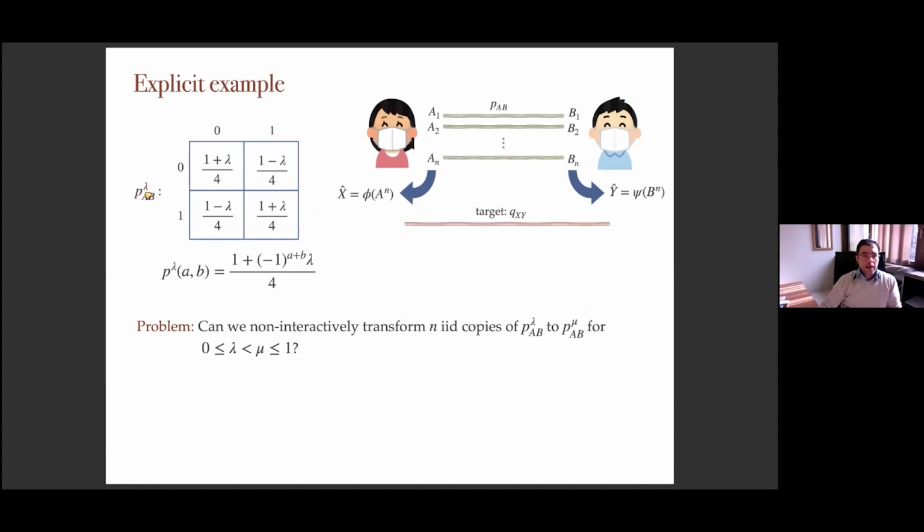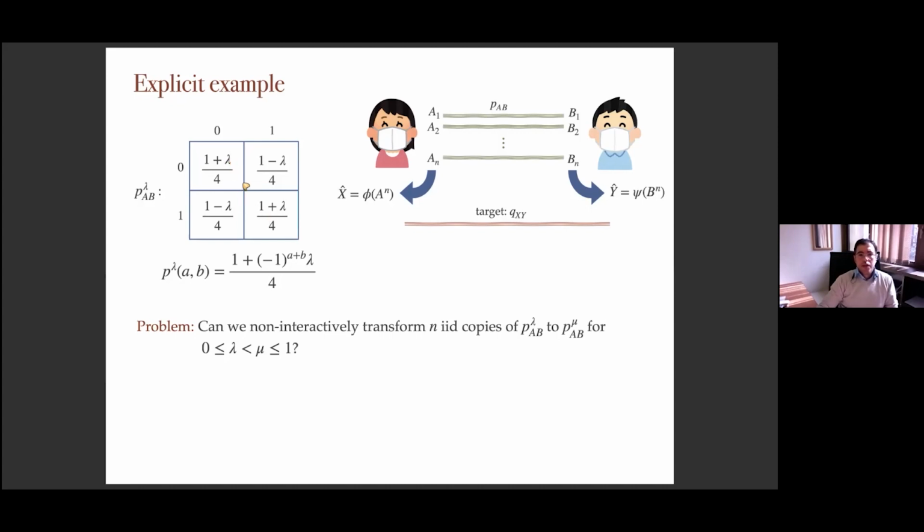Let's say P of lambda. So these are the family of joint distributions. P of lambda is (1 plus lambda)/4 when A and B are both 0. If both of them are 1, they are (1 plus lambda)/4, so the same number. And here on the off diagonal, I have (1 minus lambda)/4. So if lambda gets larger and larger, you will see more correlation here. For example, if lambda is equal to 1, the extreme case,